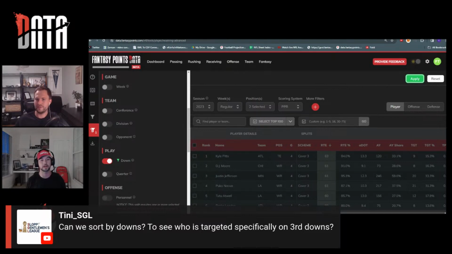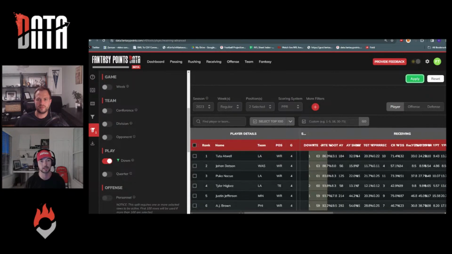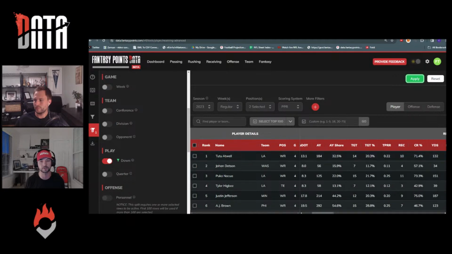Another way that we don't have to show this, but one of the other ways that I like using this tool is just looking at what wide receivers or tight ends see the most targets when their quarterback is pressured. I don't think there's any way to pull that anywhere else, no matter what tool you're paying for, unless you have something that isn't commercially available. And I think that's really helpful because when a team matches up against, say, Dallas or San Francisco, we know their quarterback's going to be under pressure quite a bit. And so the real question is, when they need to get the ball out fast, who are they throwing to? So that's another thing that I really like to use.